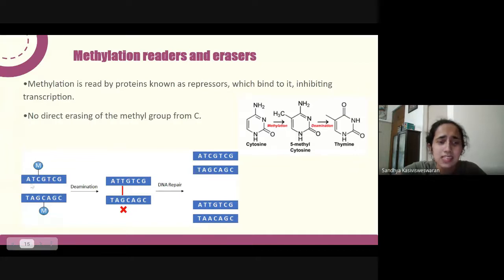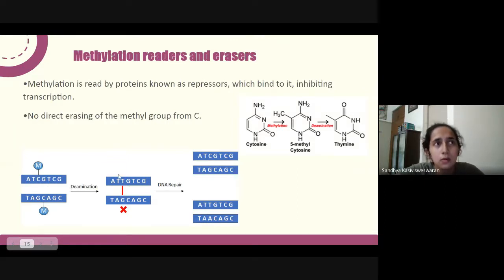So say you have methylated cytosines here. The first process that happens is called deamination, which is removal of an amino group. So amino group, as some of you might know, is an NH2. So your NH2 group is removed, and this after deamination gives you thymine. So methylated cytosine, if you remove the amino group, gives you thymine. And thymine is also one of the bases of your DNA. So you have a methylated cytosine here. After deamination, this C gets converted to a T.